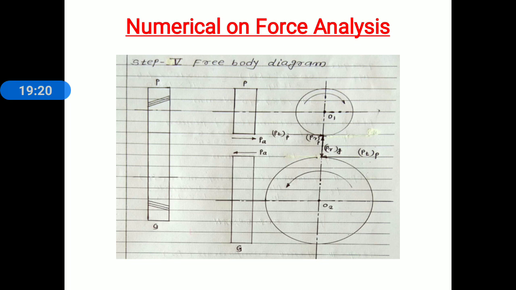Now third one is very important, thrust. How to show the thrust? That is shown in a side view. Here we consider the pinion as a driver. We select a pinion as a driver. It is a left hand pinion, that's why we use a left hand, and all the fingers we keep in the direction of rotation. It rotates in a clockwise direction, and the thumb indicates the thrust. That is clearly shown for the pinion. And for the gear, that thrust force is opposite to the driver. That is clearly shown on this free body diagram.